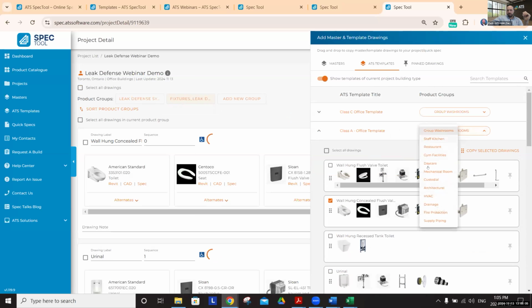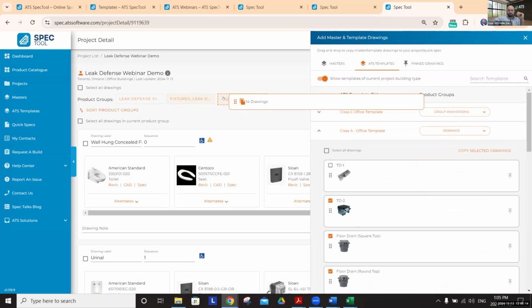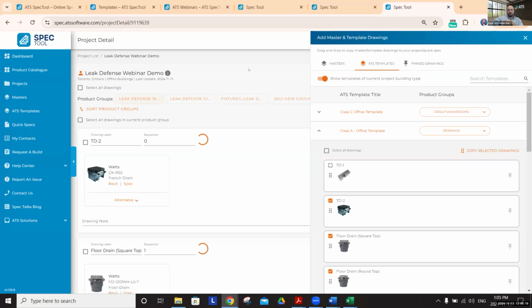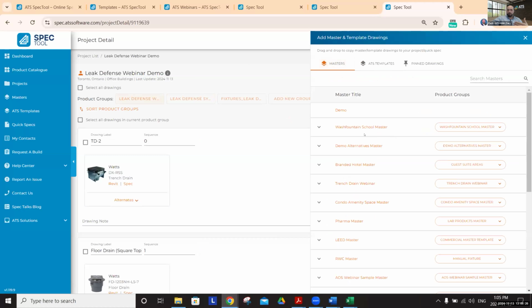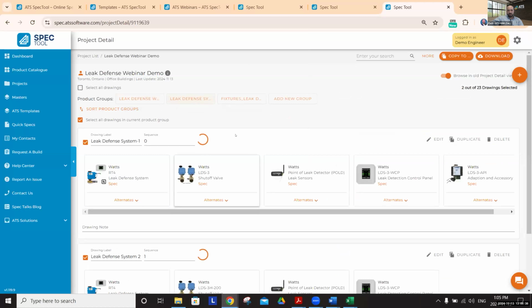If we wanted to do a drainage tab as well, we can go check all the boxes. Maybe I don't need this trench drain. I can drag and drop these drainage pieces into a new fixture, into a new product group. And now in a matter of minutes, I've used either the ATS recommendations for an office or your internal firm's masters to create a standard office building, general fixtures, general drainage,